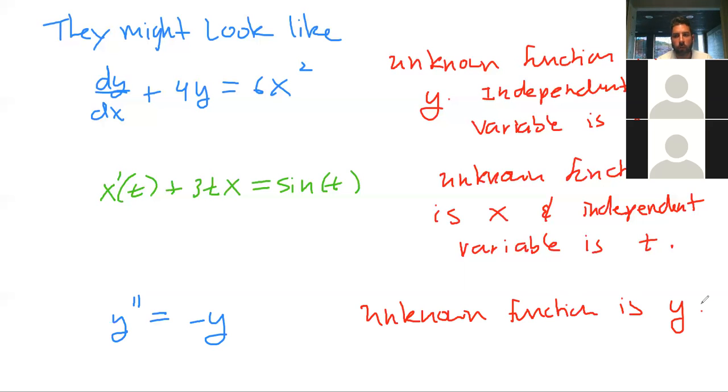So what's the goal of solving a differential equation? Well, the goal is to find a function that makes the statement true. What makes these things true? And the study of differential equations is very systematic, sort of like the way you studied algebraic equations in algebra